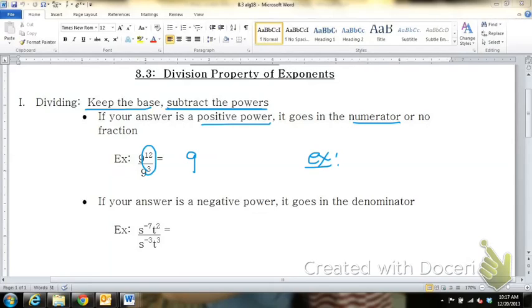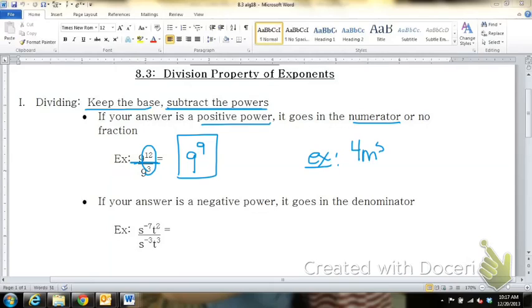But now, because I'm dividing, I'm going to subtract my powers. 12 minus 3 is 9, which is positive, so I would keep it in the numerator, or I don't have to put a fraction at all. And I'm not going to ask you to work out 9 to the 9th power. But let's give you, let's